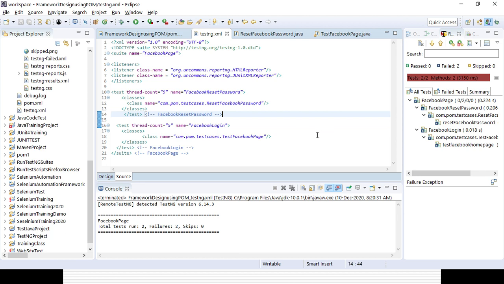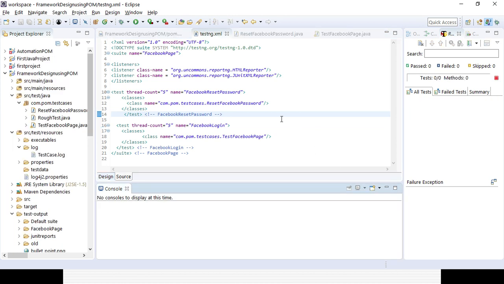No, it is still there. Remote TestNG detected, TestNG version 6.14.3. The problem was coming because the workspace was not completely saved, the pom.xml file, that is the reason the error was coming.